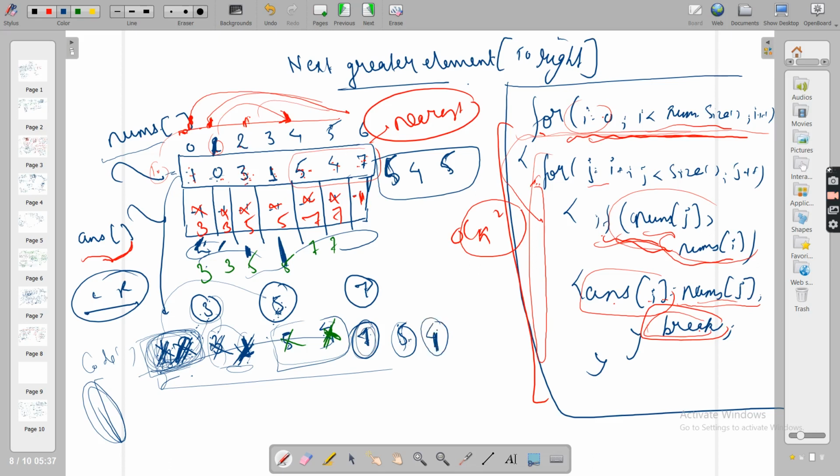Now let's put 4 here. Okay. Again, I'm not getting anything here. No problem. Now comes 5. When 5 was coming, what was it seeing? It was seeing whether it can remove any of these elements, whether it can say that I am your master, I am your NGE. Can I do that? I can do it for 5, and for 4 I can do it.